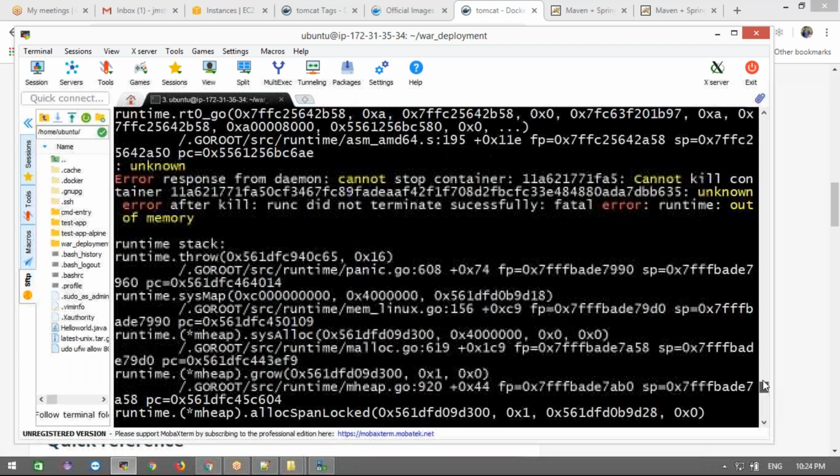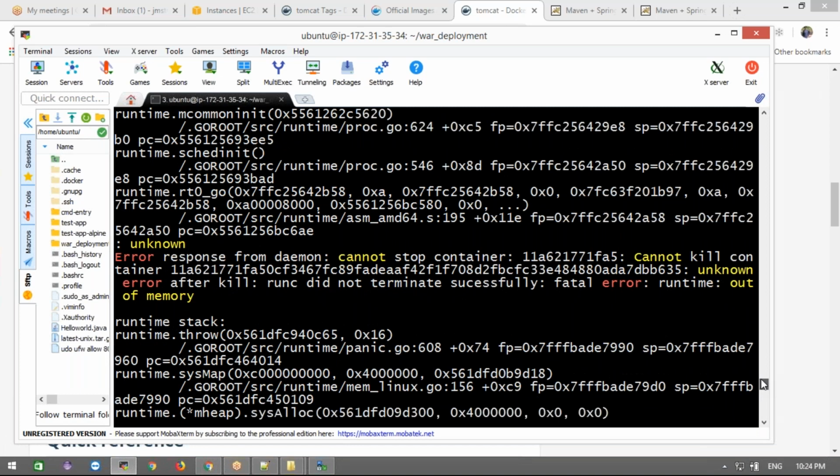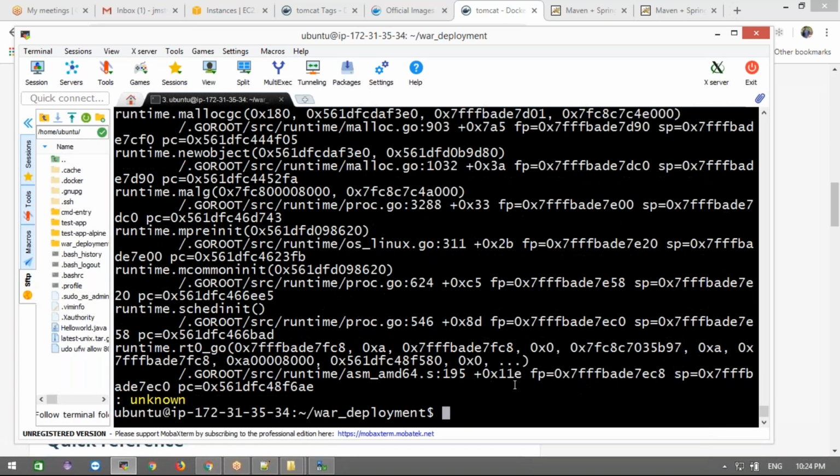Still having the same issue. Get the process ID for the Docker, Madhu. Then you can force kill the PID. Docker will be killed. Then you can start back, right? Docker start. One second.